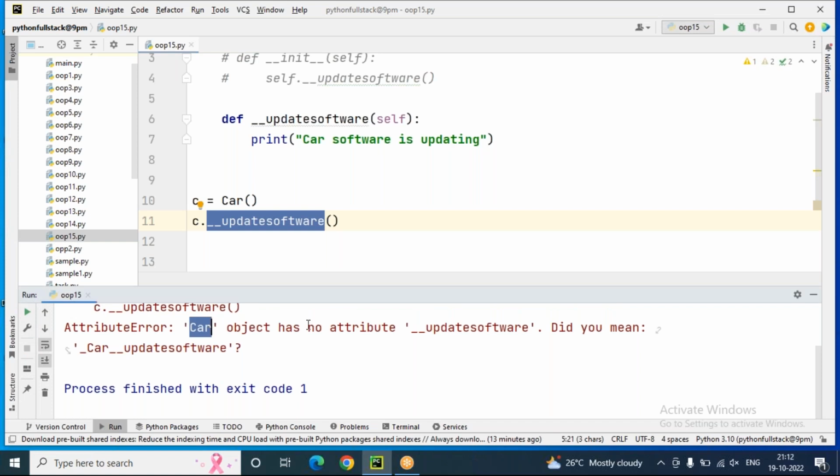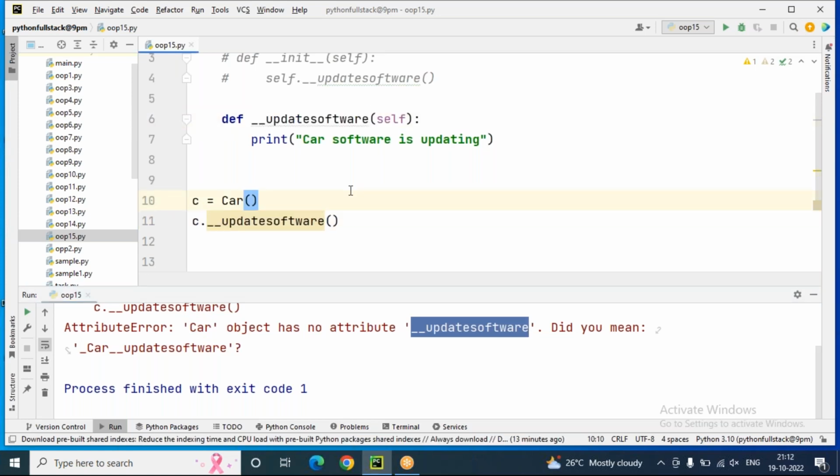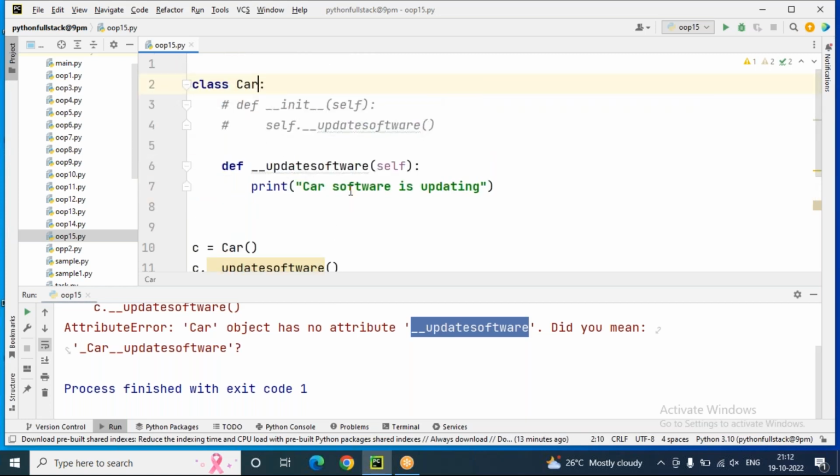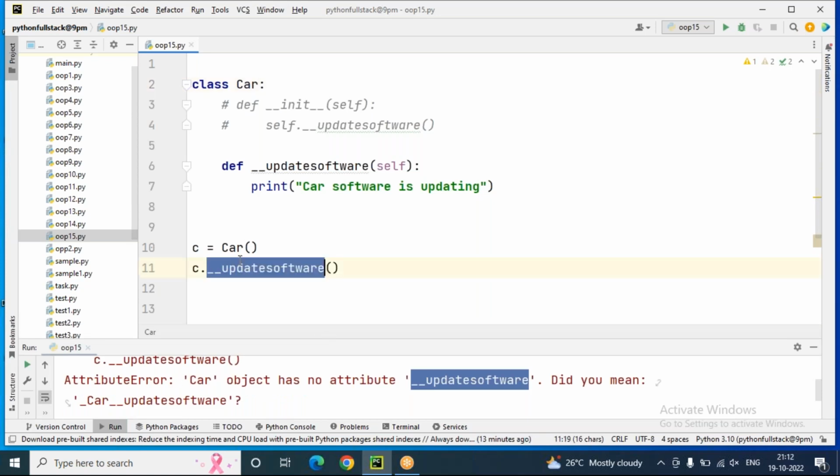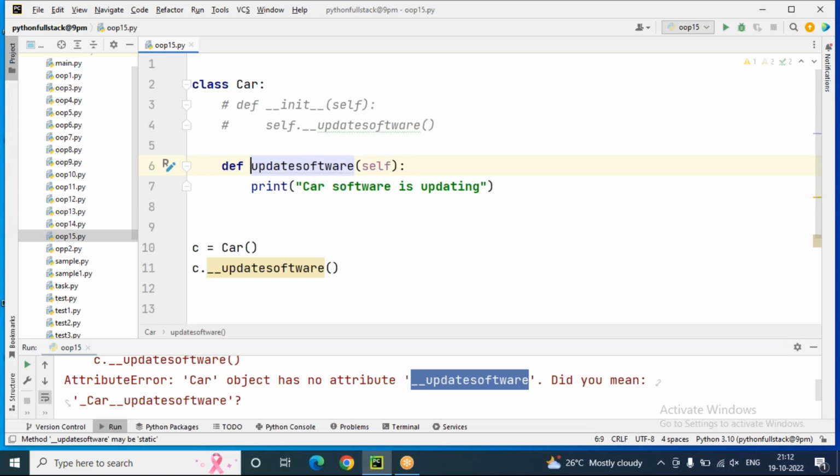Car object has no attribute __update_software method. Why? Because it's a private method. According to our rule, private methods can be accessed only within the same class, not outside the class. But here we are trying to access this private method outside the class. That's not correct. So for example, if I try to make this a public method, now you can see